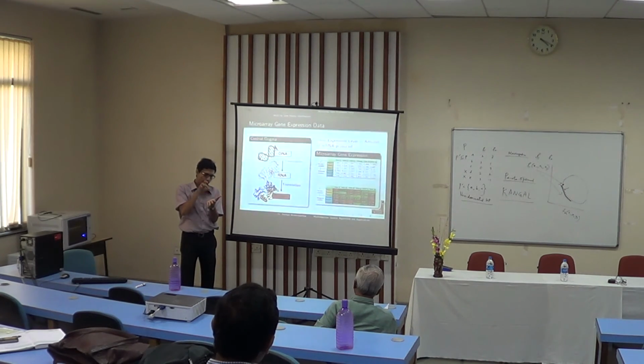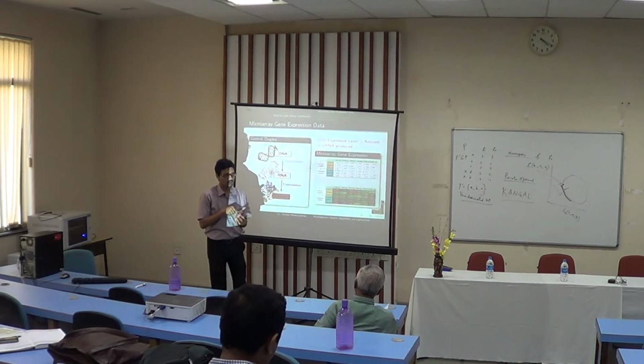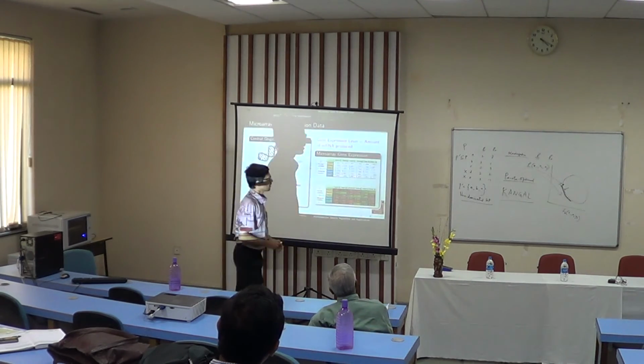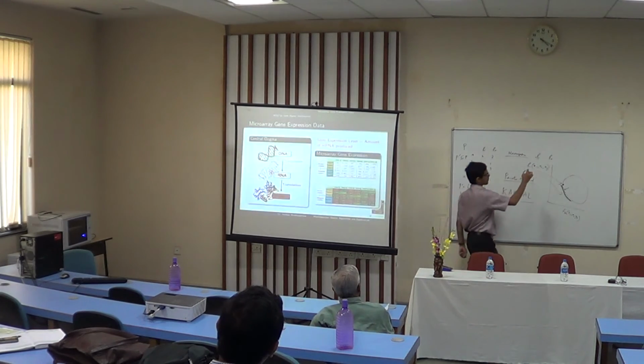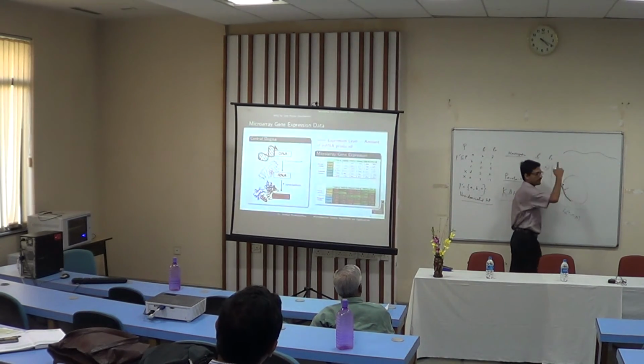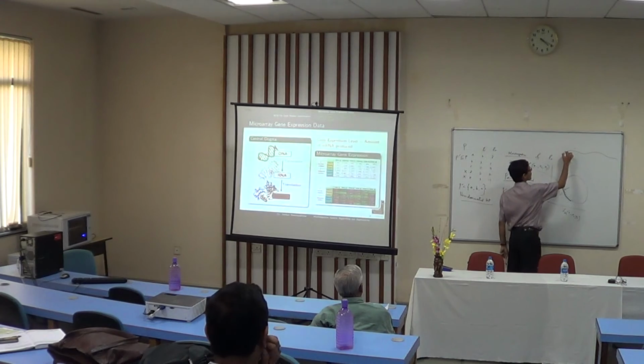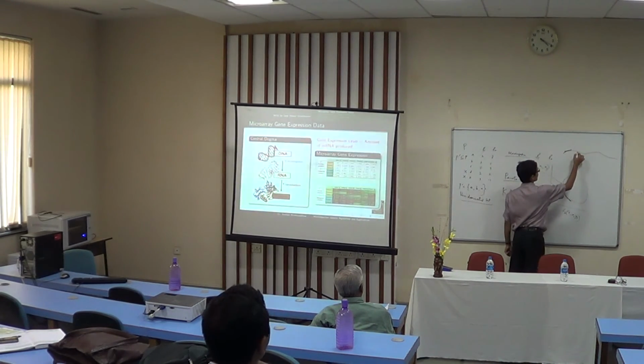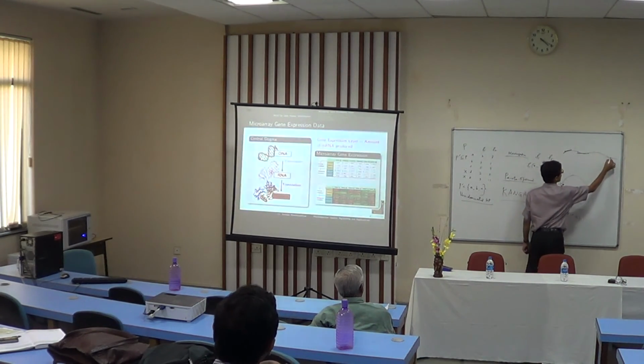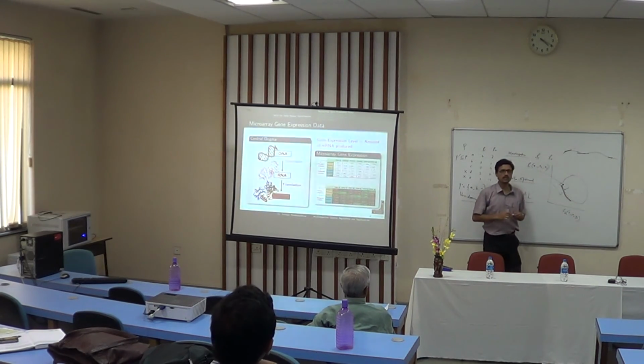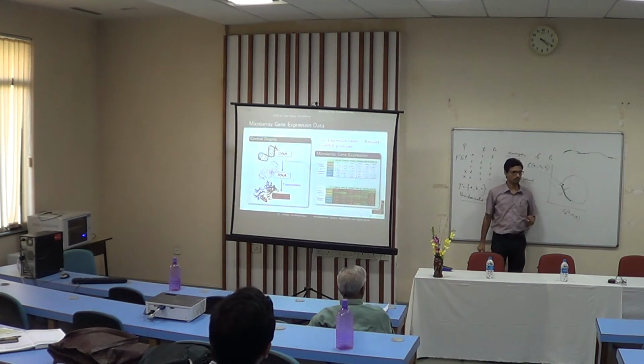Rather, only some parts of this DNA contain this information, and those parts are known as genes. So this is my DNA, basically a strand of ATGCs, and only some parts of this DNA, this is one part, this is another small part like that. These are the genes, where all the necessary information, how our cells will perform, how our cells will